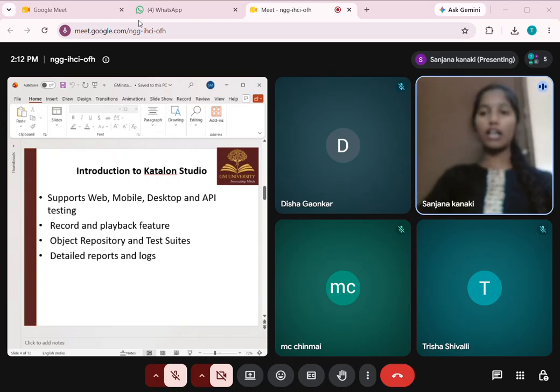It also provides an object repository and test suites for efficient test management. Additionally, Katalon generates detailed reports and logs, making it easier to analyze test results and identify defects. In this project, Katalon Studio was used to automate the testing of the GM Insta application and verify its major functionalities.